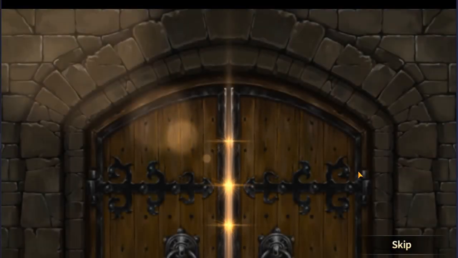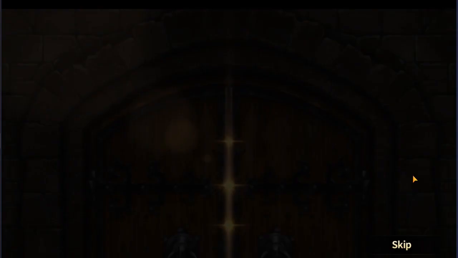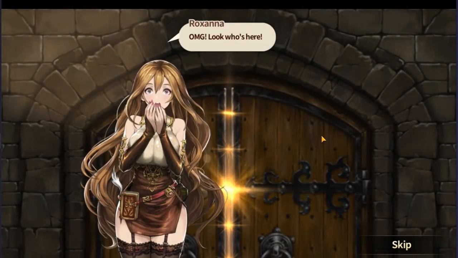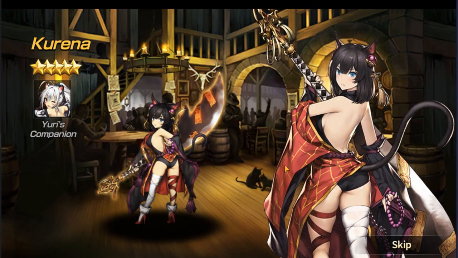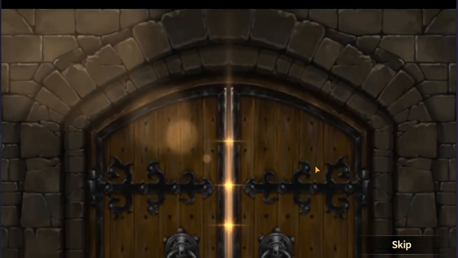So even if I get 3 stars, that's actually fine because as a beginner, oh, 4 star, oh, 5 star. Damn, I actually got lucky. Roxana, show me who it is. Yuri's companion. Man, okay, I should be happy though, because getting the companion's always better than getting the 5 star,